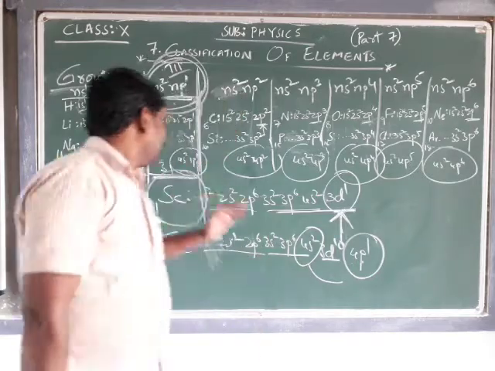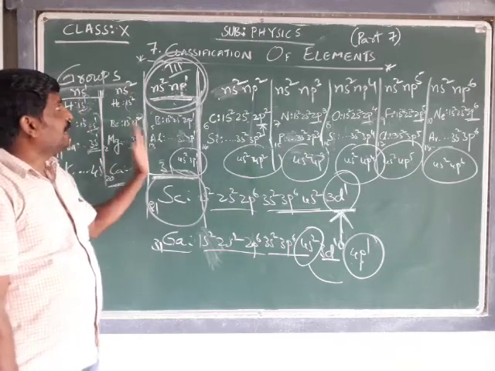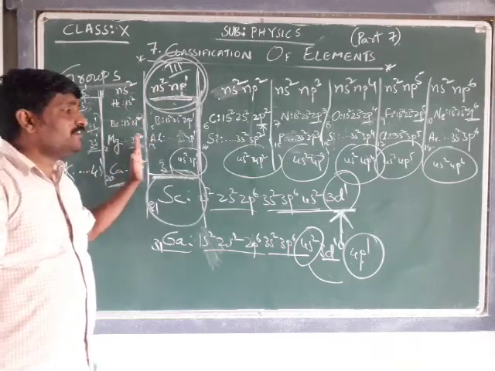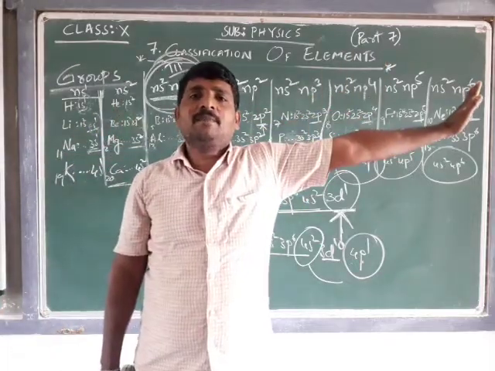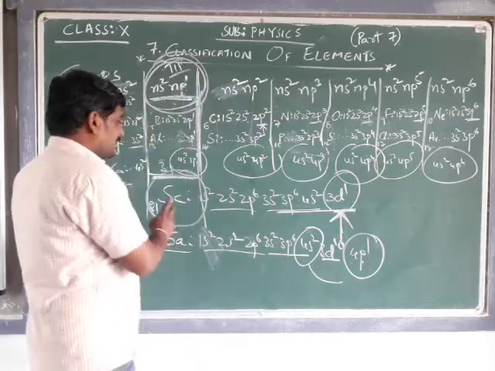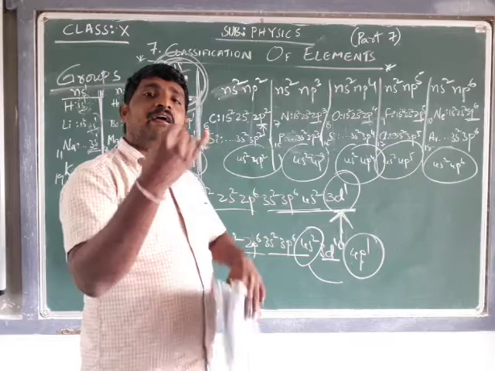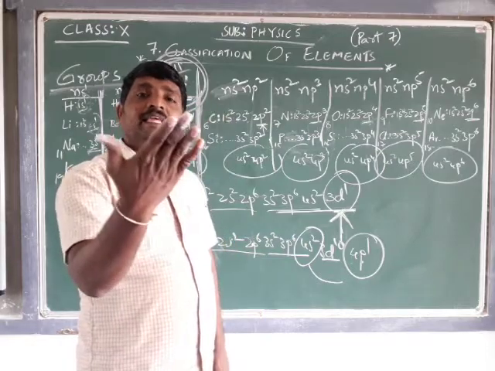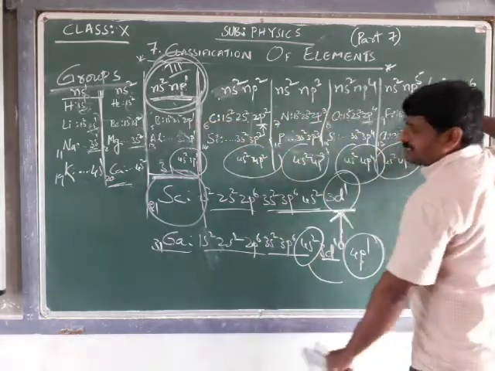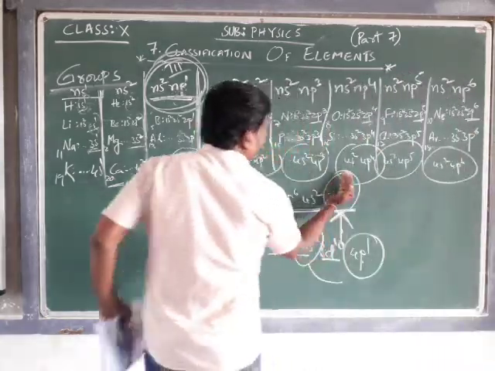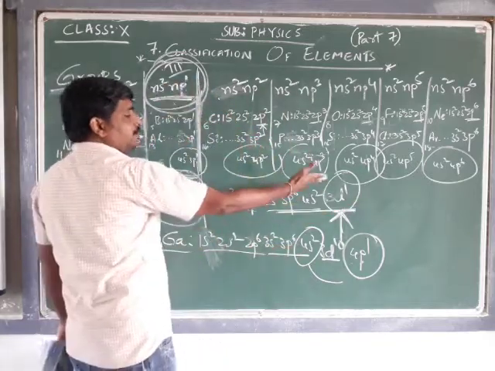Moseley has shifted this row, this column onwards, the ns2 np1 column. He has shifted it 10 steps ahead. He pushed that column 10 steps ahead, so that scandium, that is the 21st element, 22, 23, 24, 25, 26, 27, 28, 29, 30, these 10 elements are going to occupy the space here. As it is being shifted this side, these 10 elements occupy this place, where gallium was going to come after 20 steps.